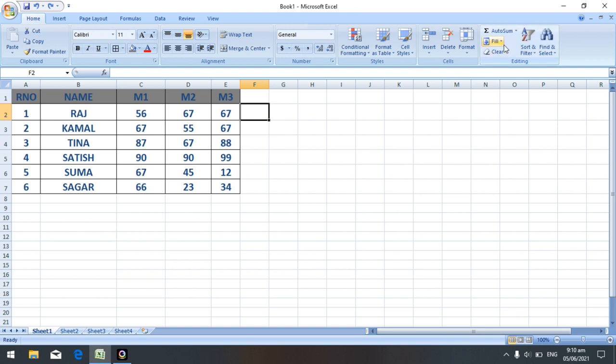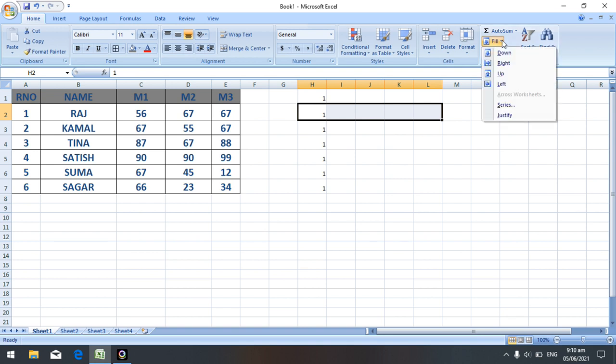Next one is the Fill option. I will type 1 here. If I want to fill 1 on the downside, at that time use Fill Down. If I want 1 on the right side, select Fill Right. Same way, Fill Up and Fill Left options are there.